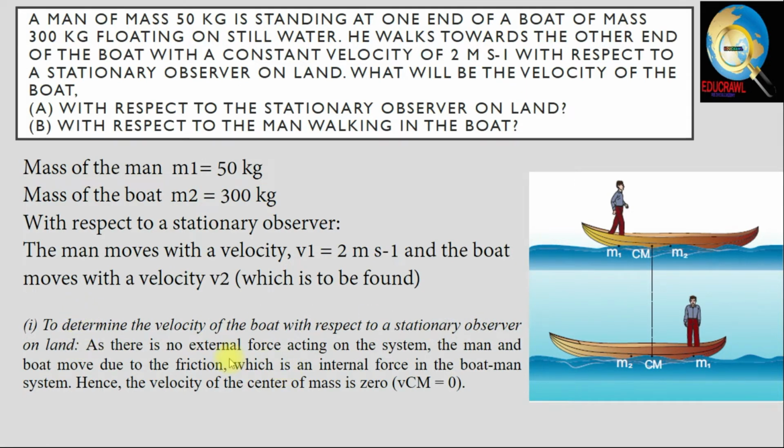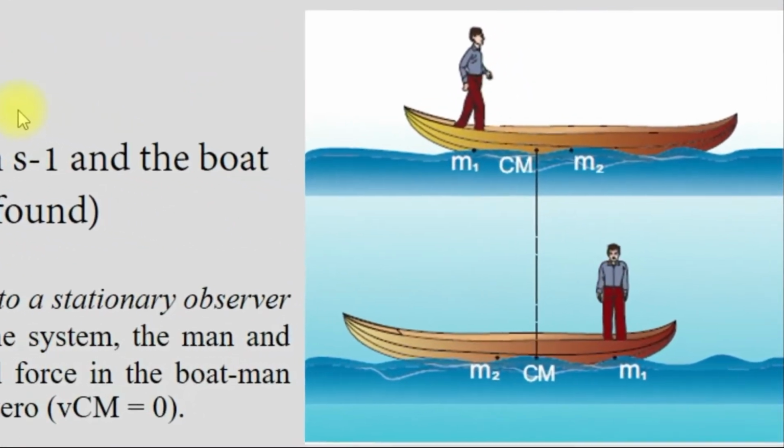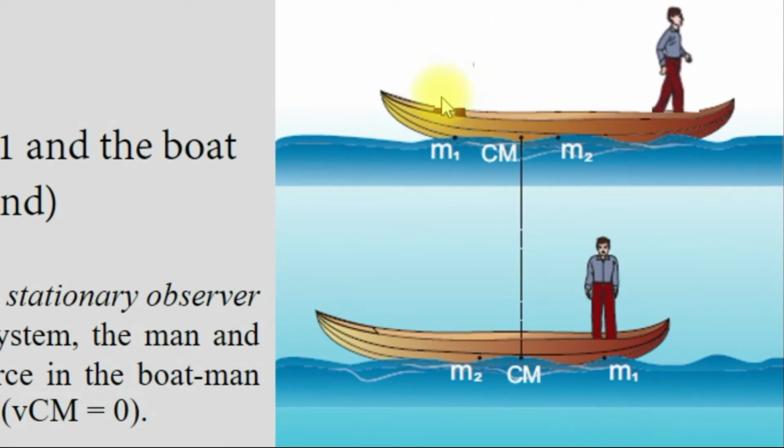Here there is no external force acting on the system. The man and the boat, they are moving only due to the friction, and friction is considered to be an internal force in the boat-man system. Hence the center of mass velocity will be equal to 0. For internal force it will be equal to 0. So here you can see the man moving towards the other end of the boat. Now we will find what